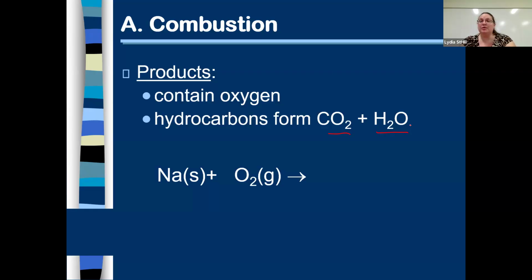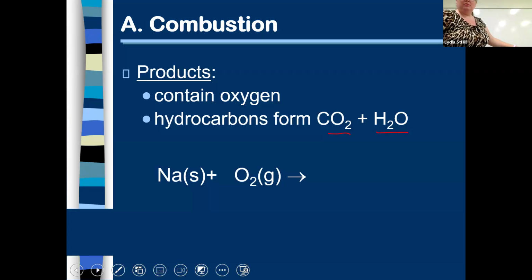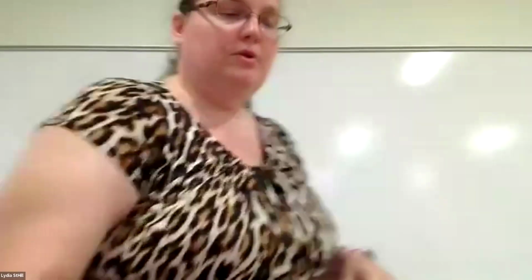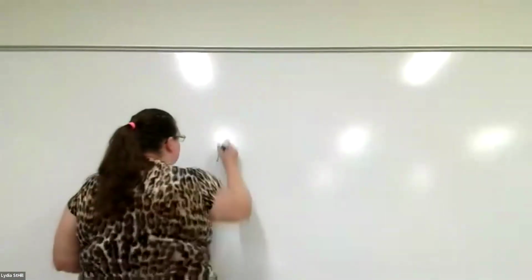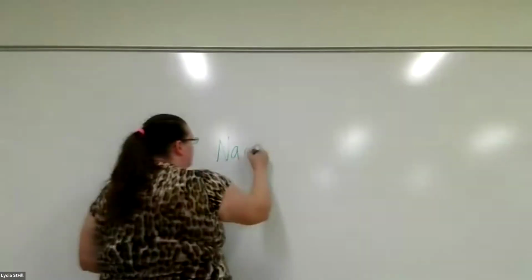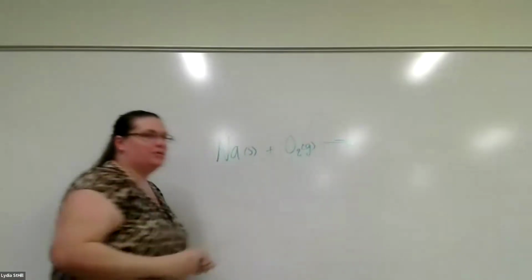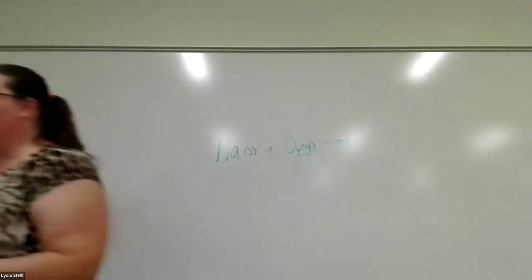So what we're going to do is take a look at the board, and we are going to form this reaction. So we've got Na2O. In this particular case, we're going to have your Na solid plus your O2 gas, and we're going to figure out what's going on here. So elementally, what we are looking at